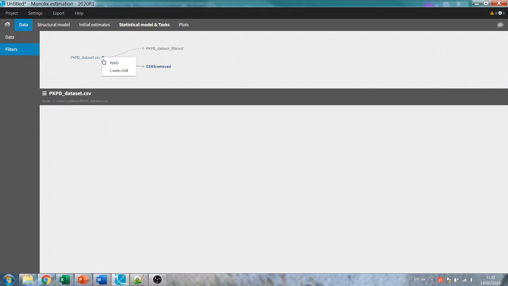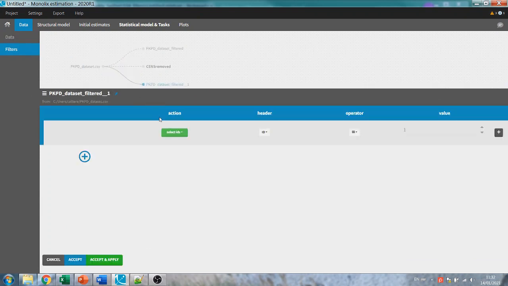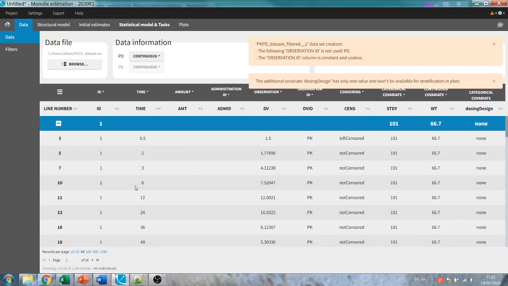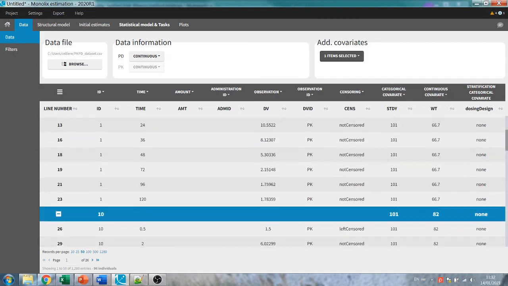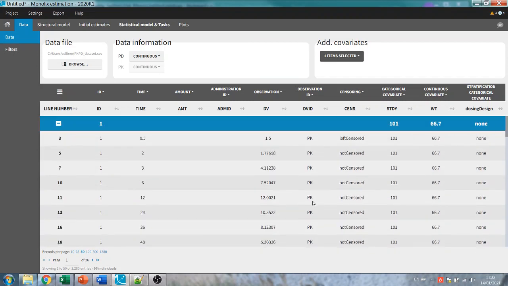So I again create a child, and then I will select the lines for which the DVID column is equal to PK. And I apply. If I now check the filtered dataset, I see that the PD observations have been properly removed, but also the dose lines.